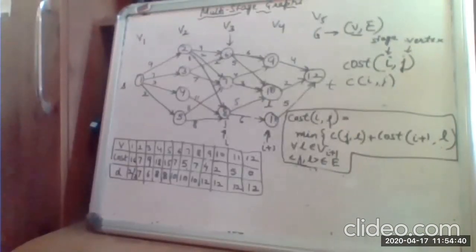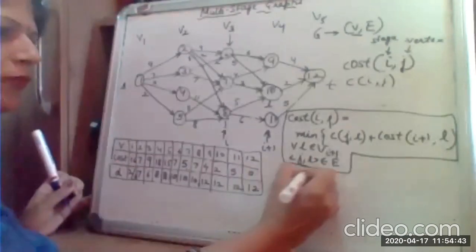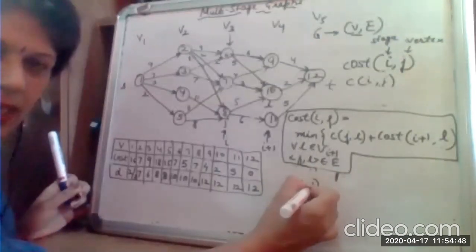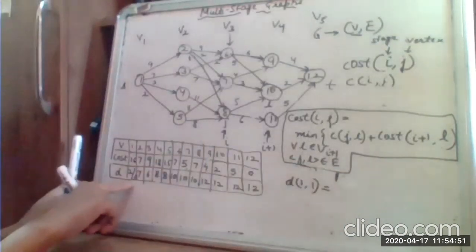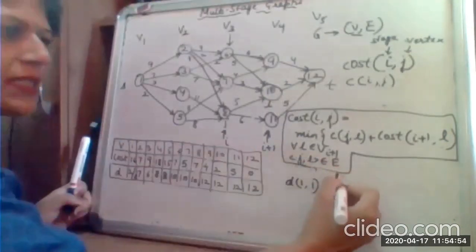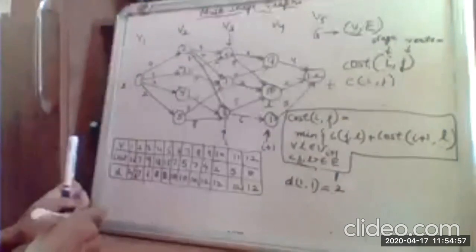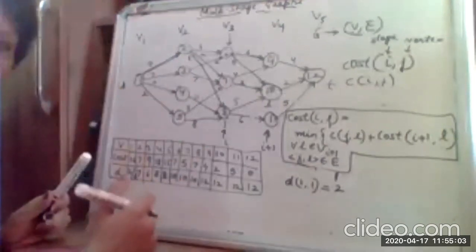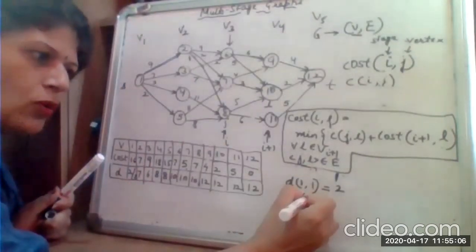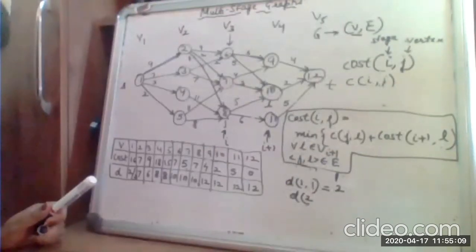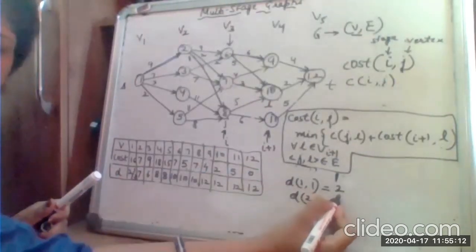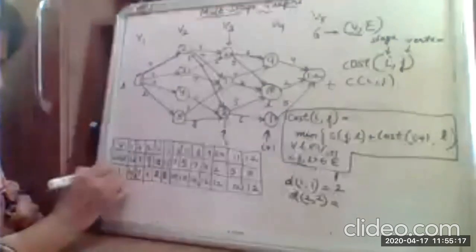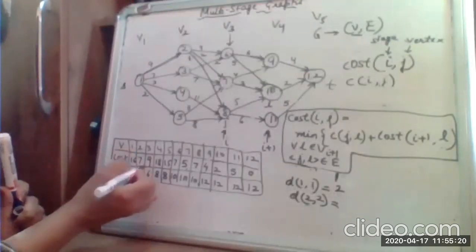For that, let's say that we start with the vertex 1. So what is at the first stage, first vertex value? D11 is either 2 or 3. So let's say we have taken 2. If we have taken this path, then we are reaching the next stage 2, and we have taken the second vertex for the next stage. So D22 is 7. So we are actually talking about D values. D22 is 7.